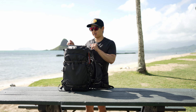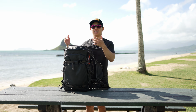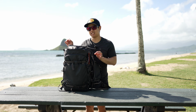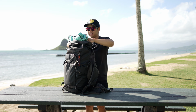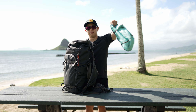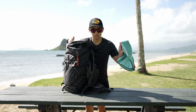Another thing too is that if you are going to be prioritizing the top access, it's not the smoothest process either to access the camera gear from the top, especially with the Action X pack. First of all, in order to really take advantage of the top access with the Action X, you're going to want to remove that little blue pouch that's on the inside of the camera bag here. This little blue pouch, you either have to remove it or just partially remove it and push it to the side, but it really just gets in the way of accessing your camera gear through